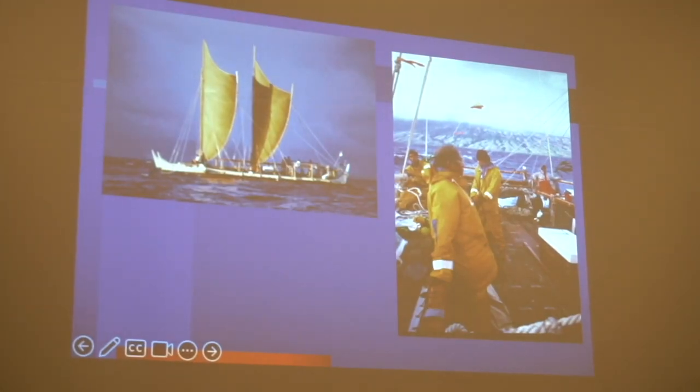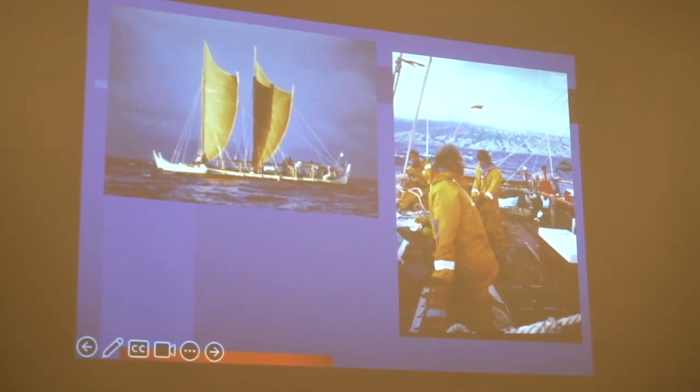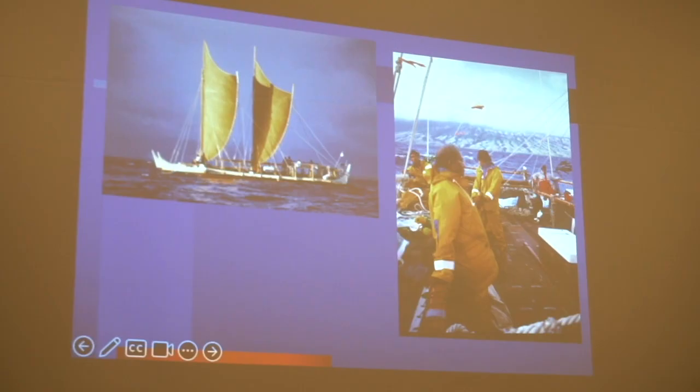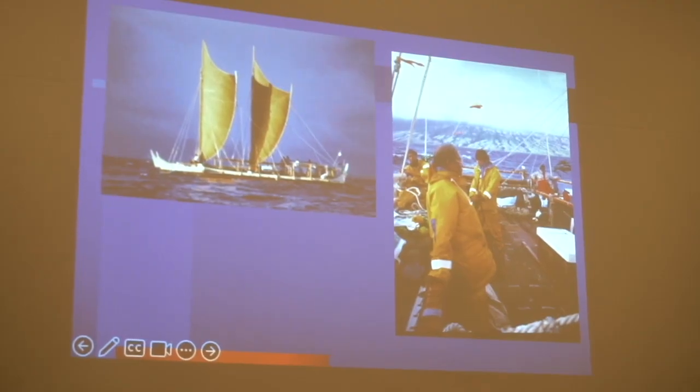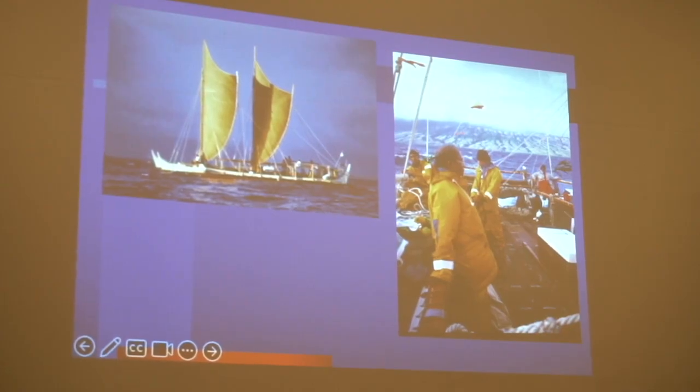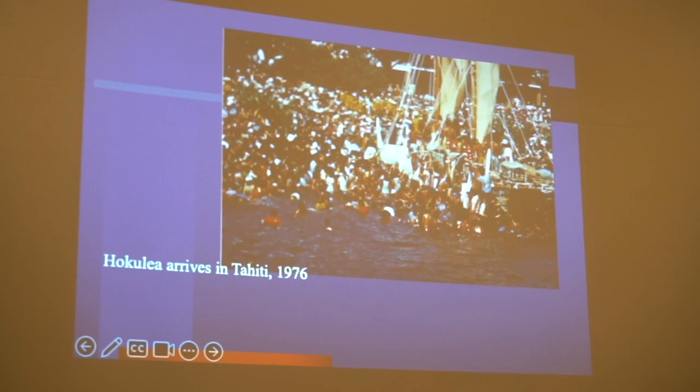Concurrently with that, a young man named Nainoa Thompson, who didn't have the opportunity to apprentice with a traditional navigator, started hanging out at the planetarium at the Bishop Museum and taught himself all on his own the star paths to many of these islands. And then he got involved with the Polynesian Voyaging Society and ultimately became its director and became one of its foremost navigators and foremost leaders. Ultimately, when Hokulea got to